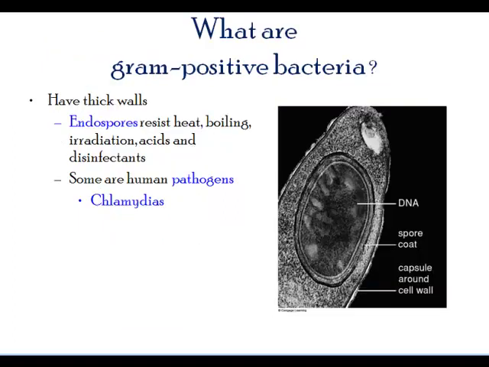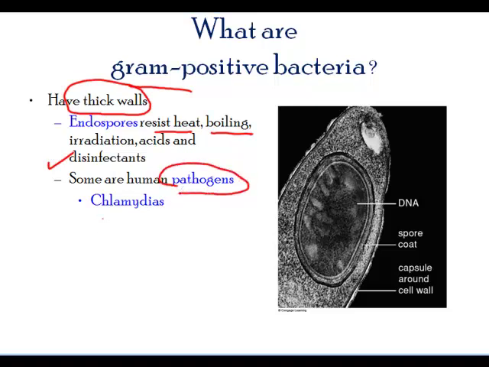Now, what are gram-positive bacteria, which is a kind of the proteobacteria that we talked about earlier? Gram-positive bacteria have a very, very heavy, thick cell wall, and because they have a thick cell wall, they're very resistant, very hard to kill. So usually heating and boiling and some strong disinfectants are needed to get rid of them, and they definitely cause diseases, and chlamydia are examples of gram-positive bacteria.